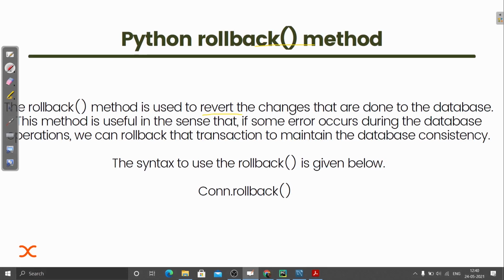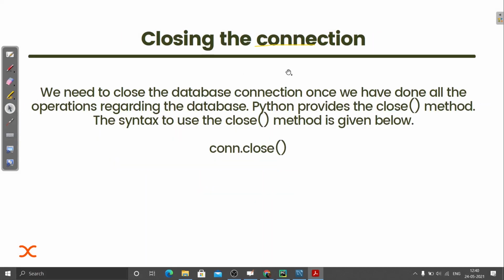It is used to revert the changes that are done to the database. It is useful because if some error occurs during the database operation, we always use it inside the exception clause to roll back the transaction and maintain database consistency. I've already explained these things.